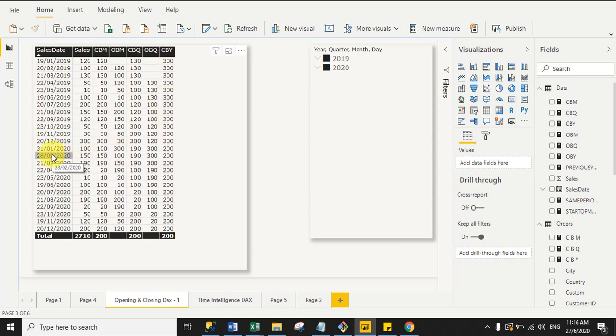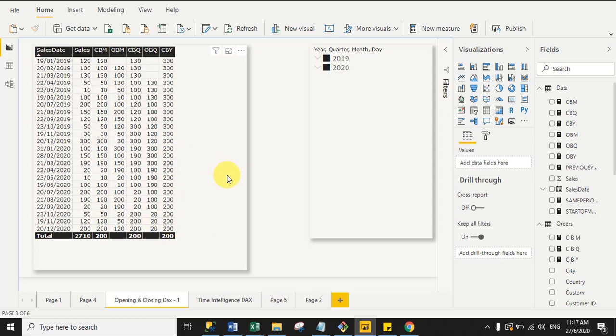Now move to the second year, that is 2020, and in 2020 the last day of sale is 20th December, right? So that's why it is returning 200, because the 20th December 2020 sale is 200. So hope you clear how closing balance year is working.